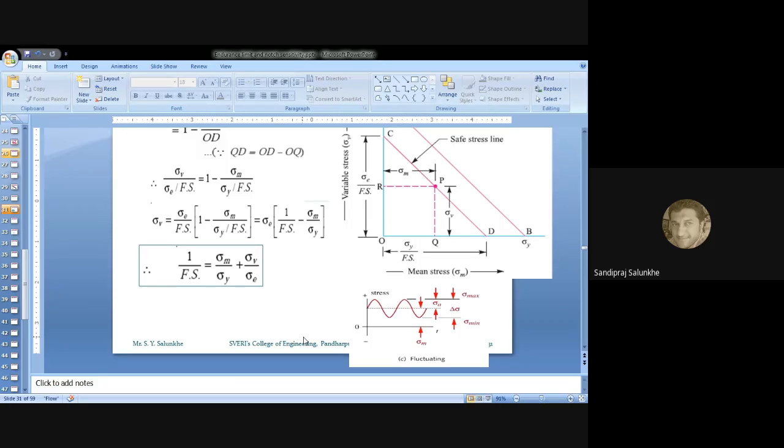Out of this, sigma m and sigma v values depend upon the point which we are selecting, whereas sigma y, that is the yield stress, and sigma e, that is the endurance stress,